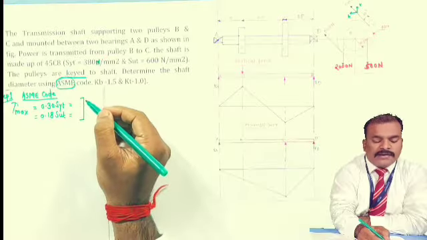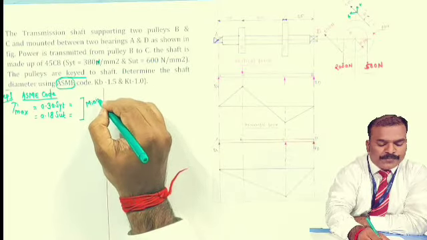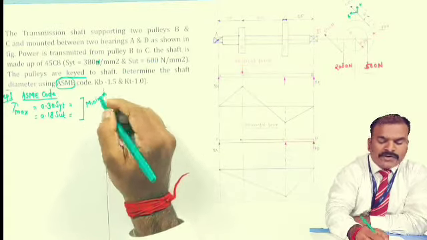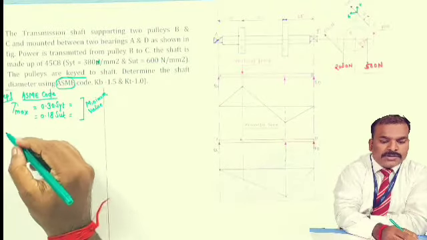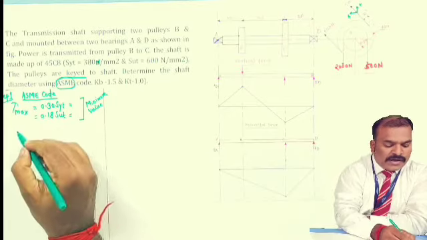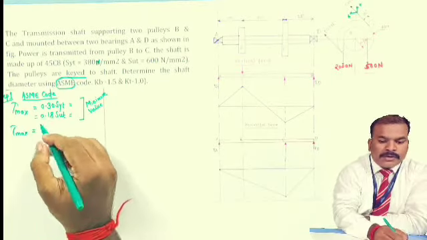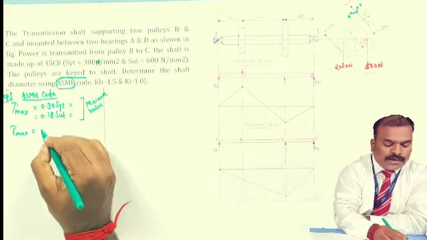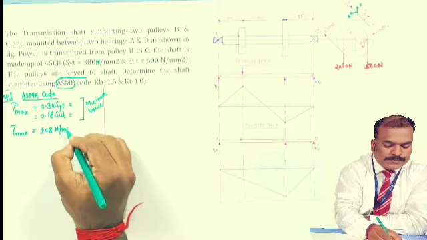Very simple, directly from the calc. I'll just write select minimum of it, minimum value of it. While selecting the minimum value, so here is the minimum value. Once we calculate, we will get tau max is equal to 108. That would be the minimum value we'll get.